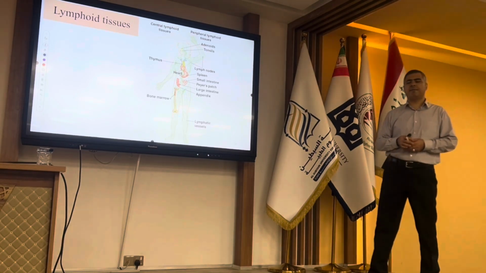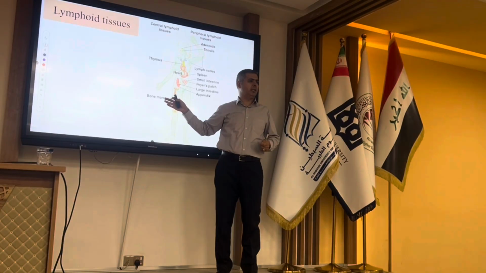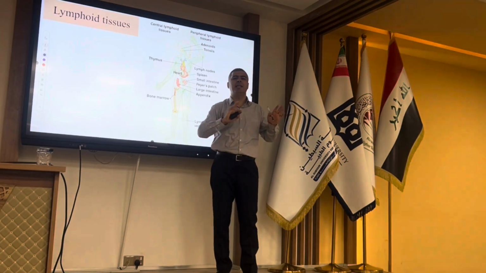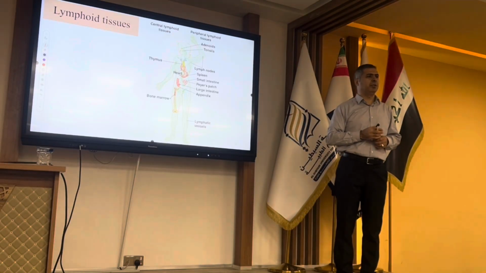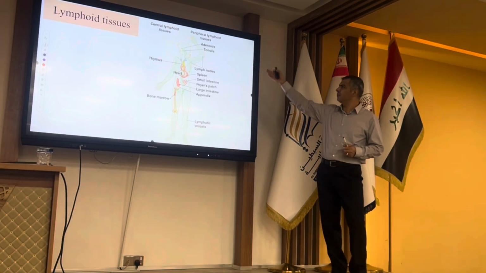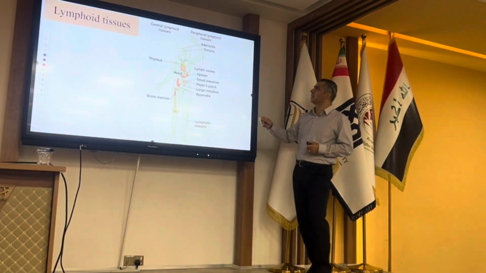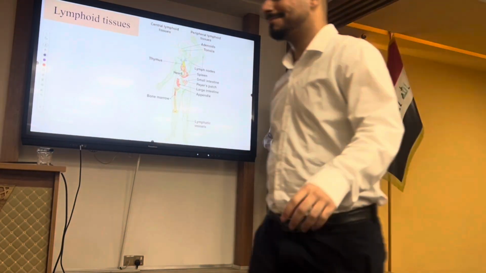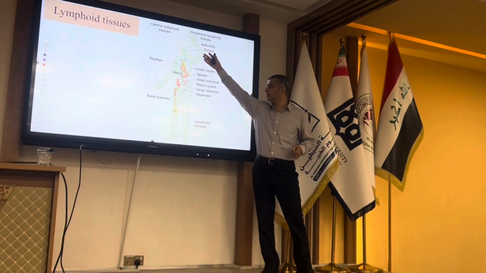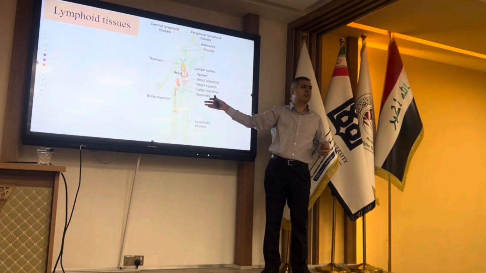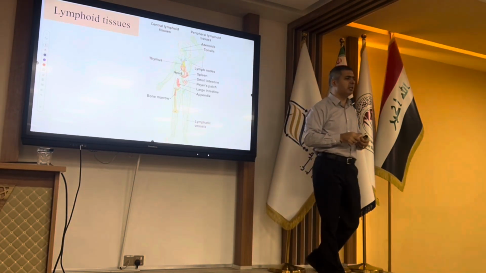So we do not have foreign antigen exposure in the central lymphoid organs. We do not have any foreign antigen exposure in the primary lymphoid organs. But we have different types of secondary lymphoid organs, including adenoids, tonsils, lymph nodes, spleen, and so on. We have hundreds of lymph nodes around the body, and all of them are called secondary lymphoid organs. The main function of secondary lymphoid organs is